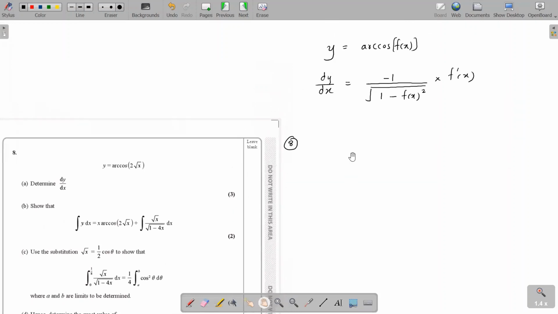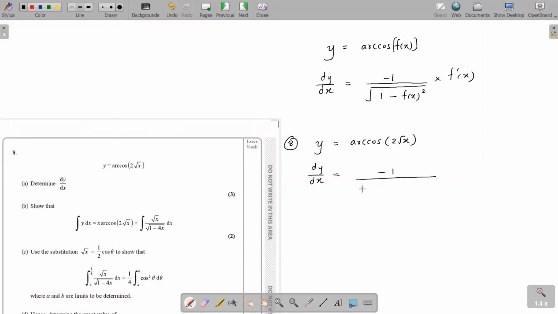These are rules you have learned in the textbook. I have given the generalized format. So arccos f(x) is minus 1 over root 1 minus f(x) squared, into f dash x. So when we differentiate here, y equals arccos 2 root x, I end up getting dy by dx equals